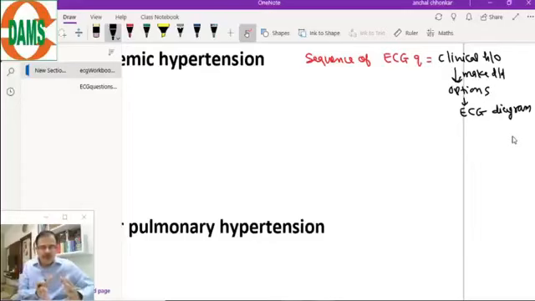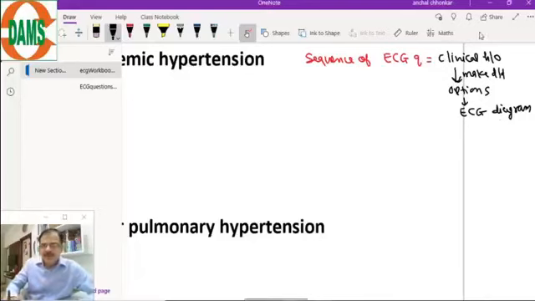So that you can focus, out of all the 12 leads, on which lead you will focus upon, what will you see, and what you are expecting. That will be decided only by the clinical history. So make this a sequence, not the reverse one. In the reverse one, you will not be able to solve the ECG questions. First will be clinical history, make your differential diagnosis, then look at the options in the question, and then go for the ECG diagram.